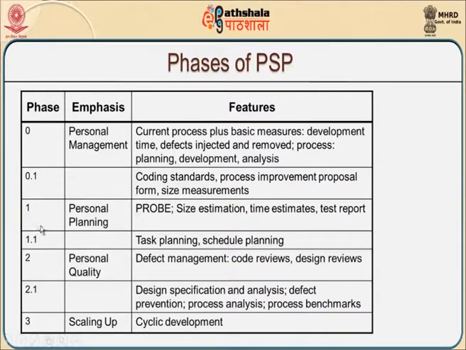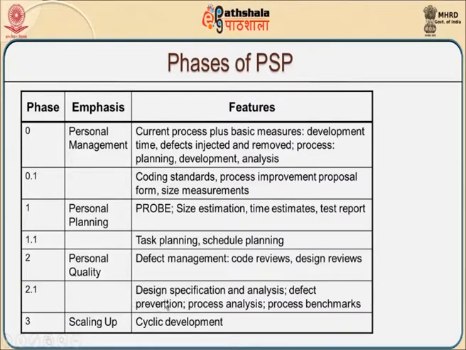At level 1, we look at personal planning, where we probe and look for the size estimate of the project, the time estimate allotted, and prepare a detailed test report. As an increment to that, at level 1.1, we are supposed to do a task plan and schedule plan. And at level 2, we emphasize personal quality, where we understand defect management, code reviews, design reviews, and